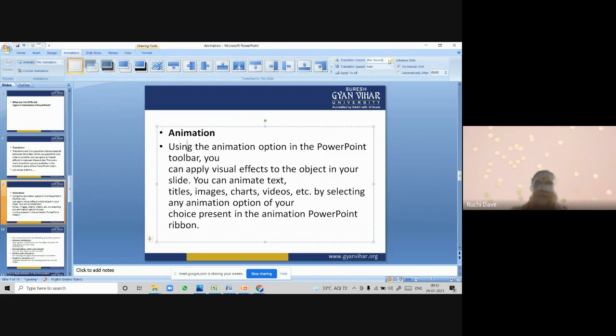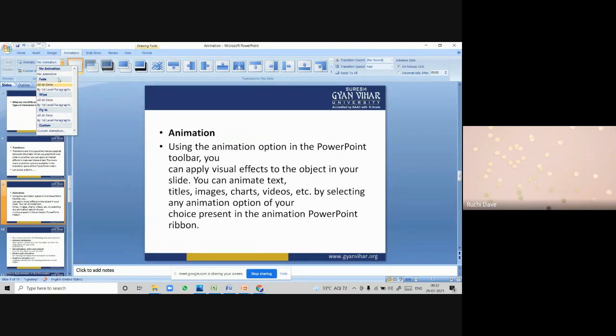And now, as you can see, there are various options available. Right now I'm saying no animation. It was selected, no animation, can you see this? No animation is selected. Now what I'm doing is, this is fade, this is fly in, so I'm saying fly in. If I choose fly in,